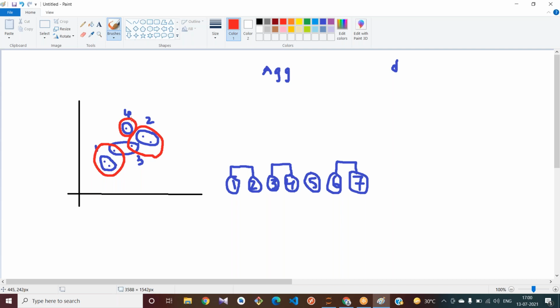In the first level we have 7 clusters. In the second level we have 4 clusters. In the third level, by finding the distance measures in the background, this point is somewhat nearer to this cluster, so in the next level it tries to classify this point into this cluster.